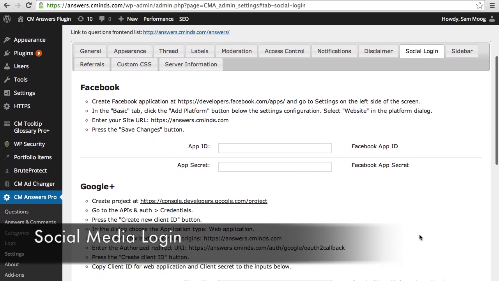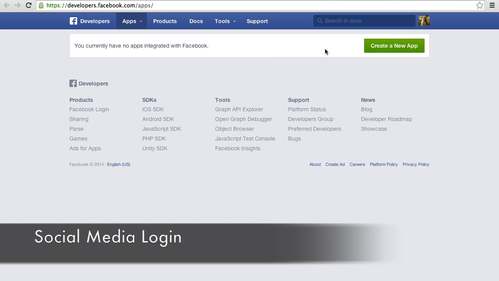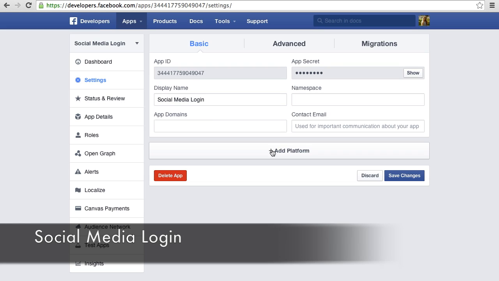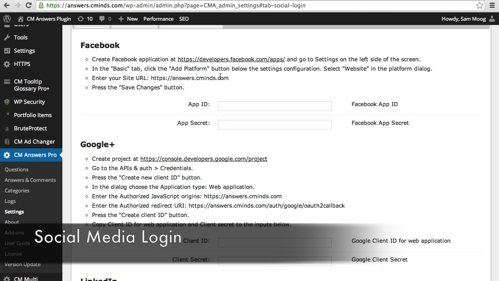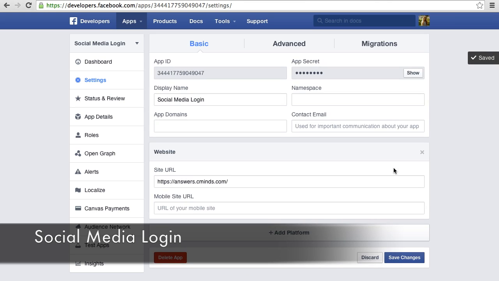Under the Social Logins tab in your settings, you can hook up your question and answers form with various social media sites, including Facebook. So for example, for Facebook, you're going to follow this link and create a new app directly in Facebook. You're going to put in a display name, choose a category, and then create that app. Then you're going to choose website as the app platform, and then you're just going to take the URL of your site and put that into the Facebook app as the site URL, save changes,